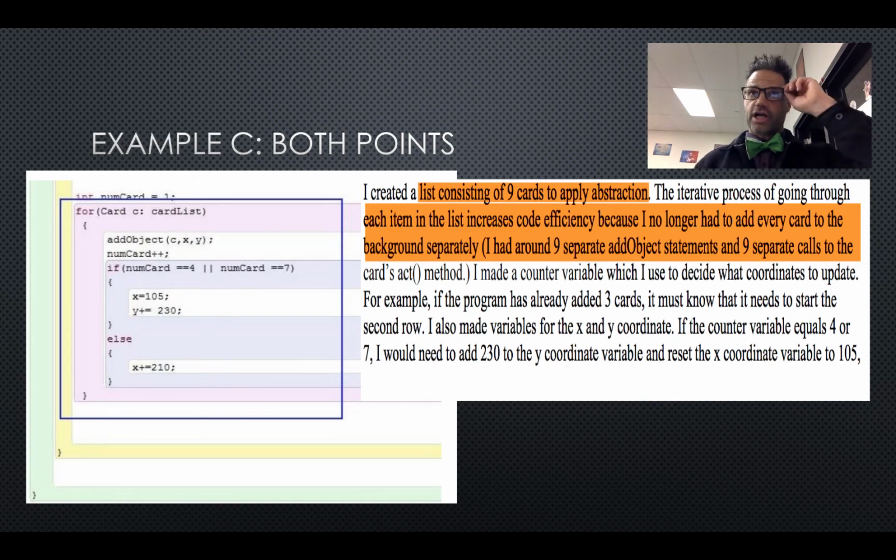This identifies an abstraction where I can save time and effort in my code, not simply saving the effort in the game, like, oh, I only have to click the buttons many times. No, it's actually making the project work better designed. My project is more effective. And then the student further adds to that,